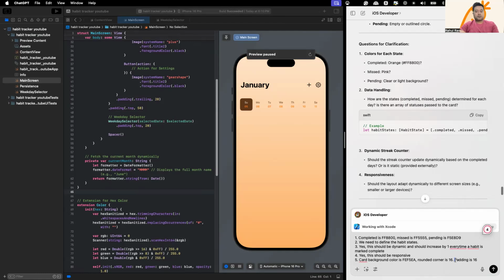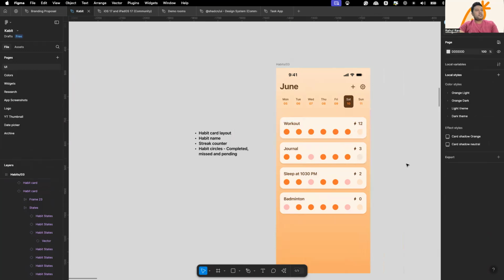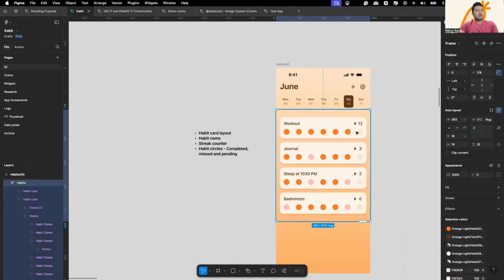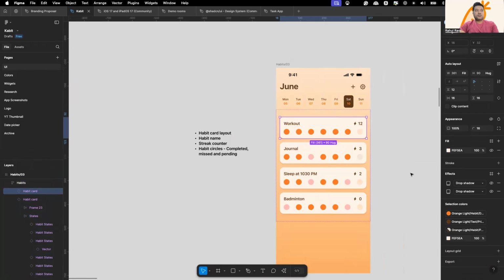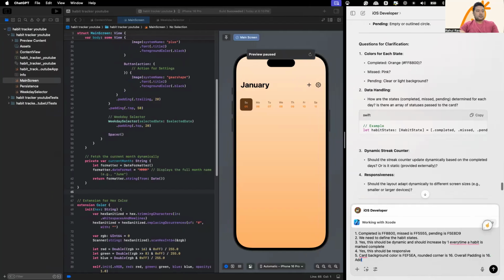Padding, overall padding is 16. And let's see what else. We have a small shadow effect. We want GPU to create that. So add a small, let's create this as 6 point, add a small shadow